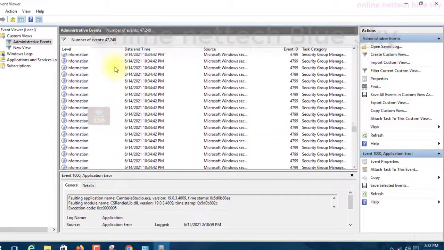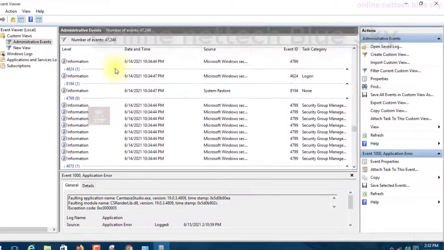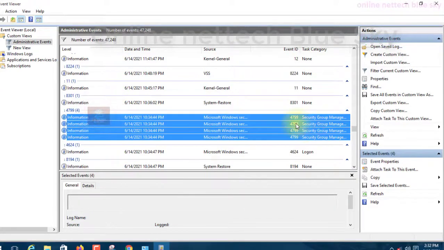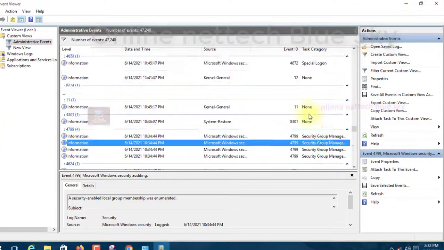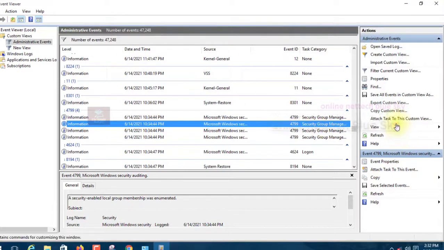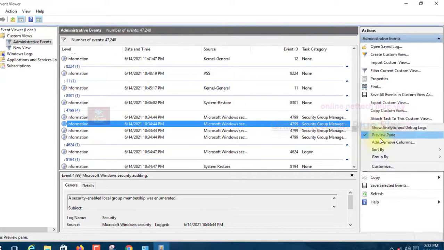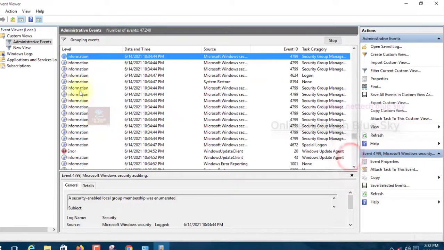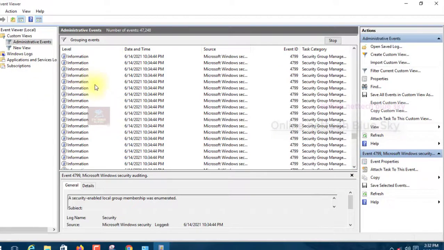This is one type of showing me information. This is group by, showing me because we are viewing by group by. I want to show group by label type. So you can see label showing me everything.